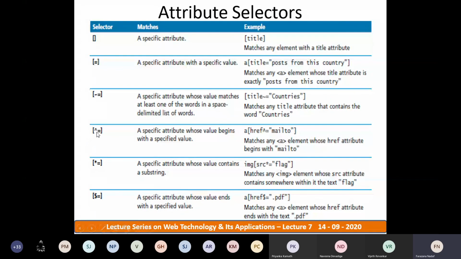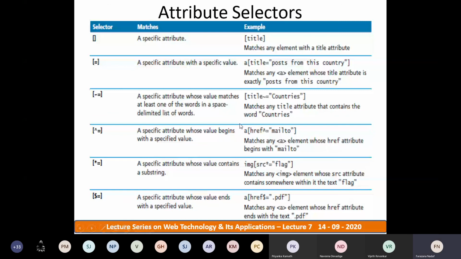So caret indicates the beginning and dollar indicates the end of a value, right? So dot PDF: if the element's href attribute ends with the text dot PDF, then that content will have special styles using the attribute selector form,